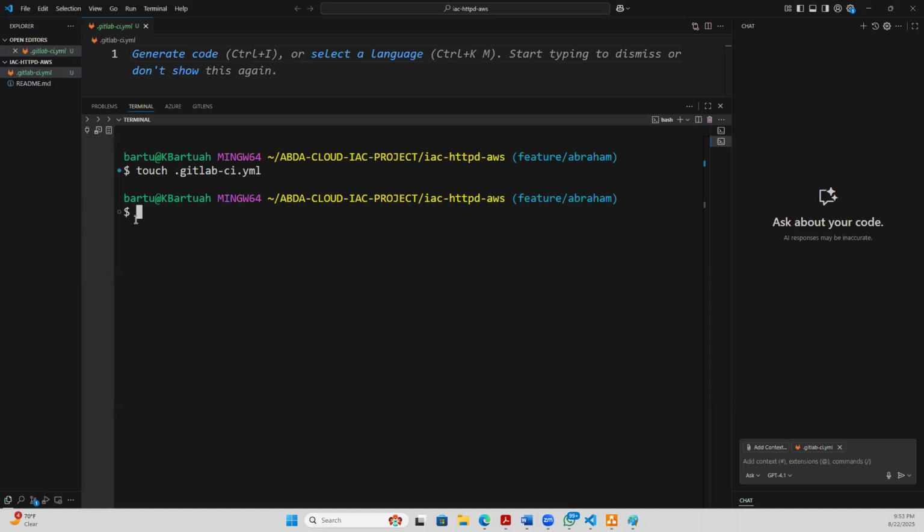So basically, you want to add it first, save it. After you are done saving it, you do git add dot, git commit, git push origin and your feature, and then go push it. So Josh, Amara is saying that